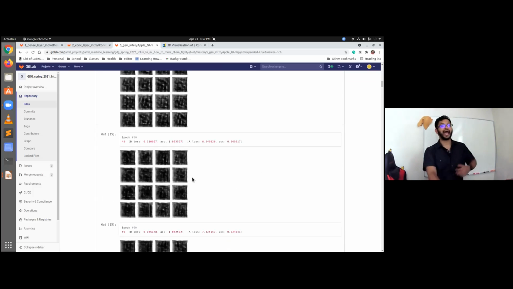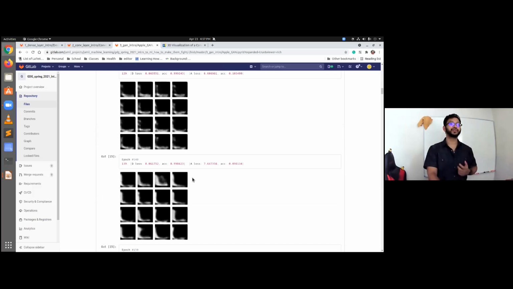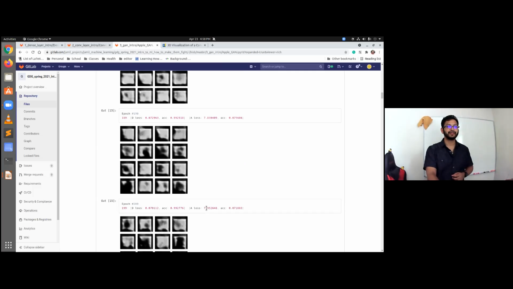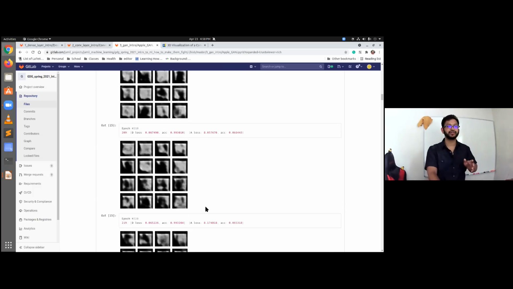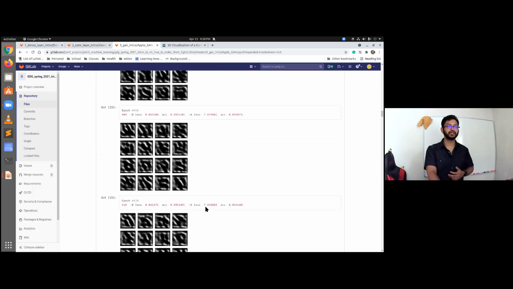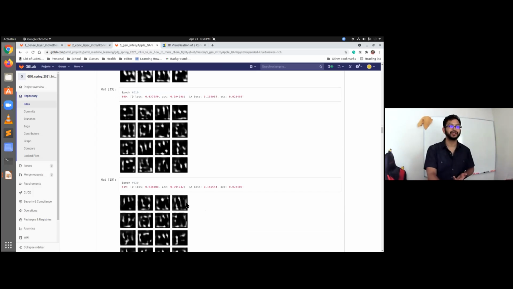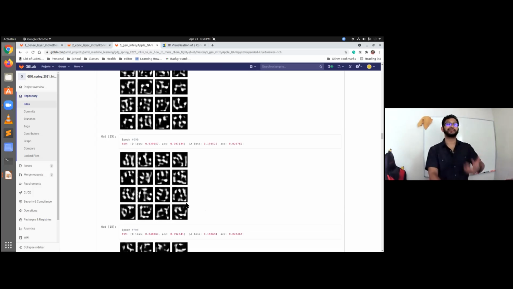There we go. So as we move down, we can see the generator starting to learn specific features that will make the discriminator more likely to say it's an apple. We can see a curve starting to form for where the apple should be. Now we're getting some dark spaces. And as we keep iterating through, we can see we're starting to generate some kind of circle for the base of the apple. And we keep iterating and we keep iterating.